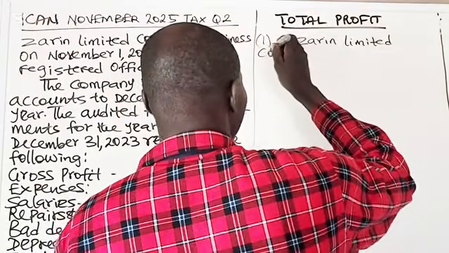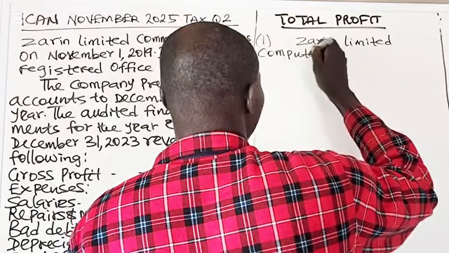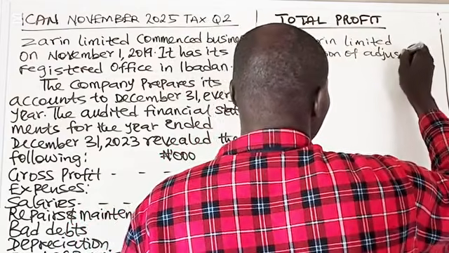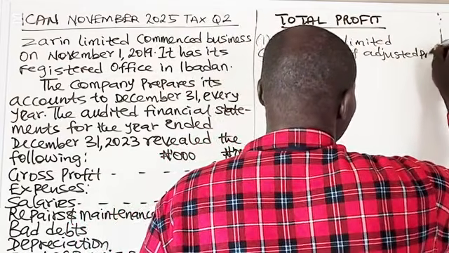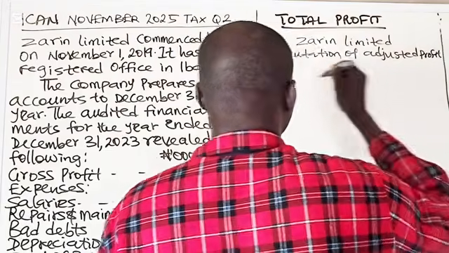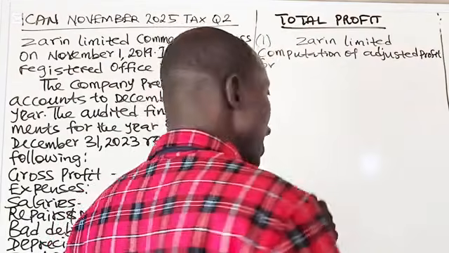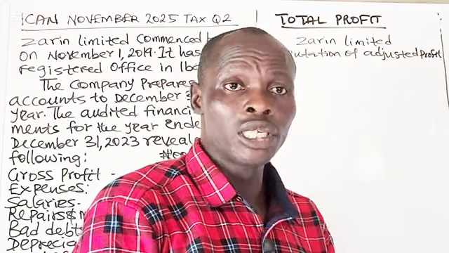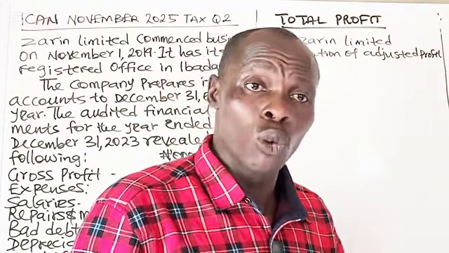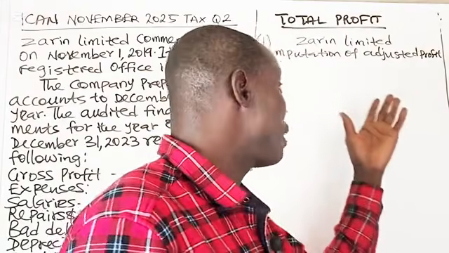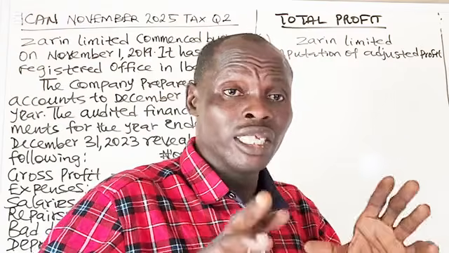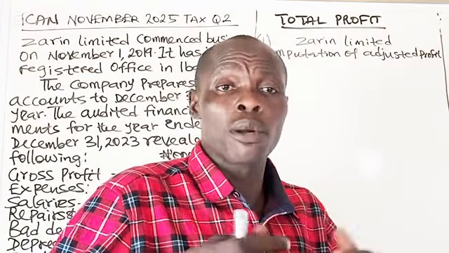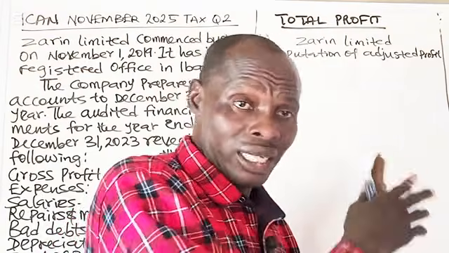So computation of adjusted profit. We don't put year ended. There is nothing like year ended in taxation. Taxation is usually computed unless you want to have it as a working. You can only have year ended where it is a working. It is not the amount of profit that will be assessed in that particular year